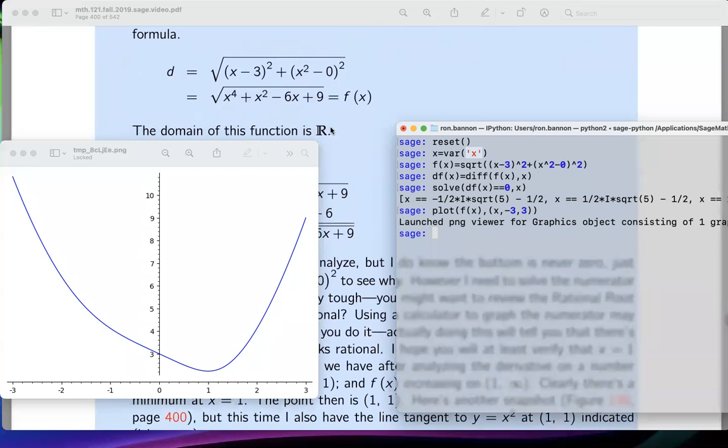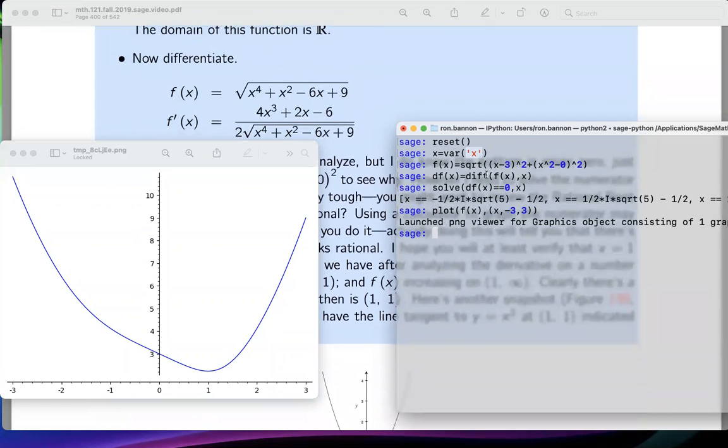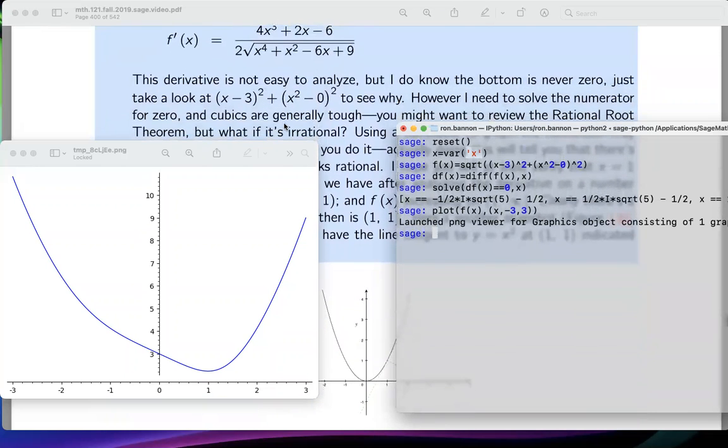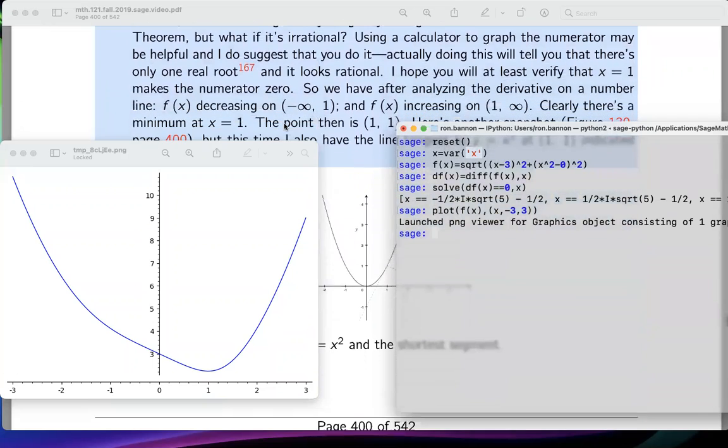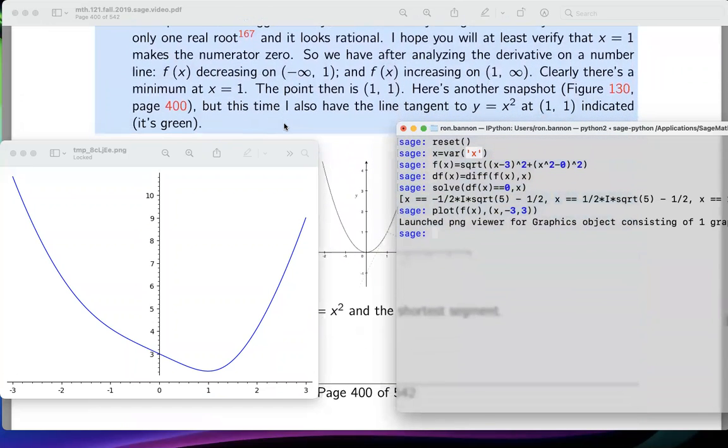The next thing, did I take the derivative of f? Yep, I did. It's right over here. Was it work? Yeah, it was work. Was it hard work? Not really. Did I solve that derivative for the 0? Yeah, I did. I'm not going to say it was easy to do, but